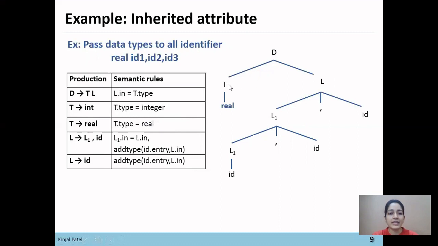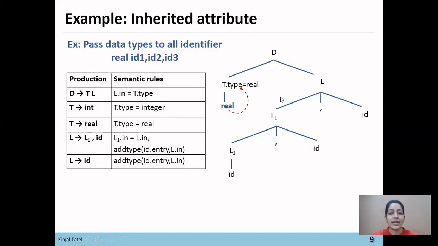As T is a synthesized attribute, we'll assign the T.type attribute here. Since T.type is a synthesized attribute, it will take its value from its child. So T.type equals real, which has been computed from its child. So T.type depends on its children.